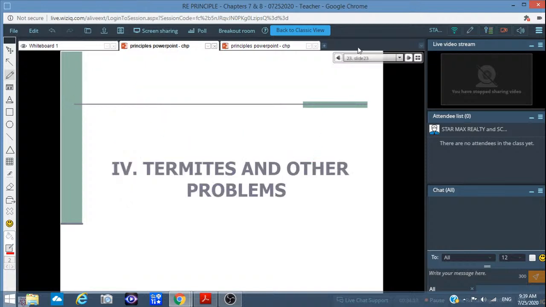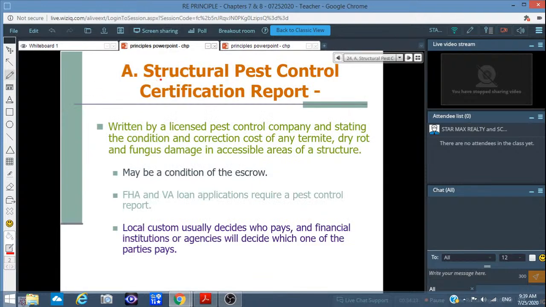Termites and other problems. OK，白蚂蚁跟其他的问题。Okay, structural pest certification report. This is how the termite company works. Okay, they charge you $85 for the termite report. If you do termite work, then it's free. Okay, that's how that works. 白蚂蚁公司的话，他会 charge 你85块去检查房子。如果你跟他做这个修理等等的话，这个85块是免的。